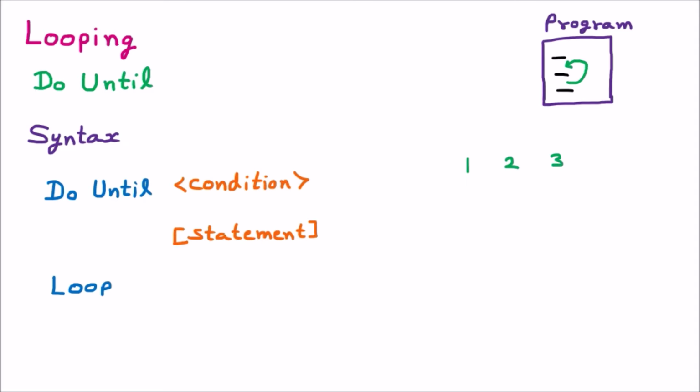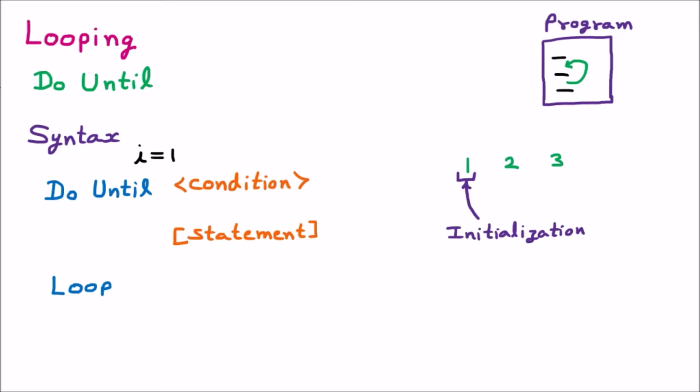In the looping we have to focus on three things. The first one is the initialization. The very first value from which we start is called the initialization. So that means this one should be initialized. So here we are writing I is equal to 1. So we have taken one variable I and declared it with 1.